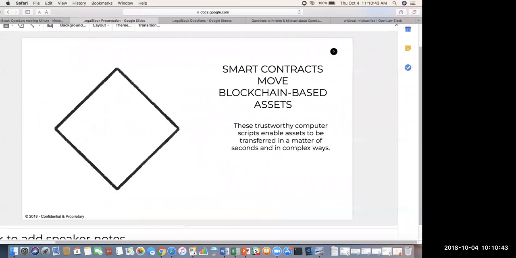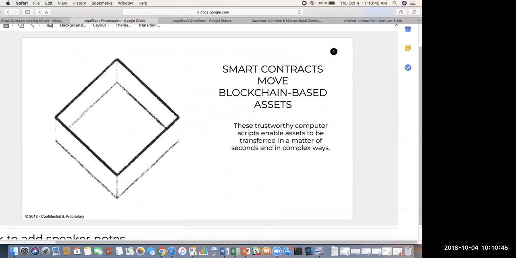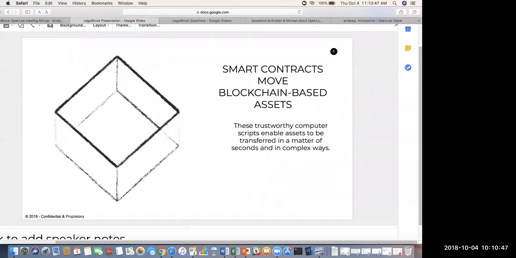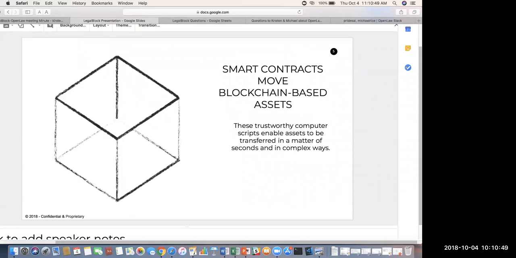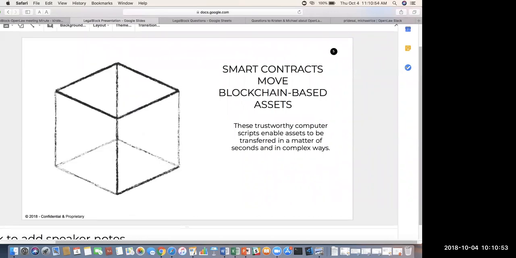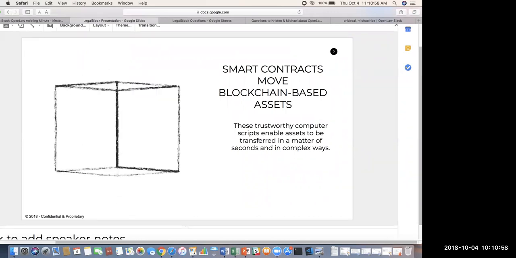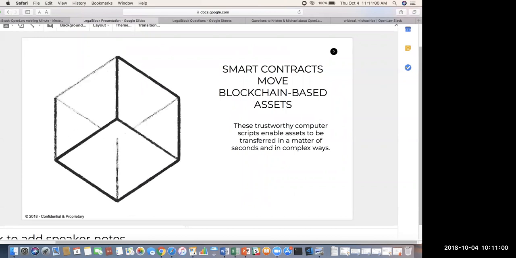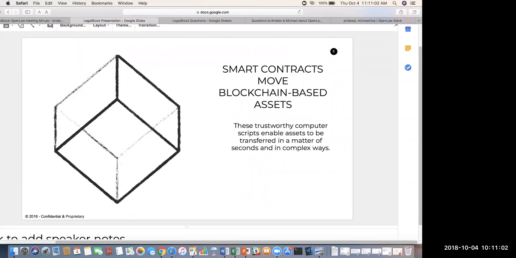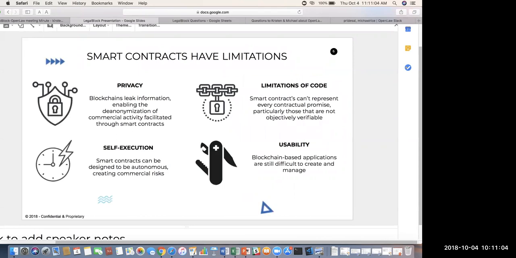So smart contracts can really turn these assets into the equivalent of emails, really offering the potential of entirely new business models to emerge. Using smart contracts, assets are able to be transferred in a more efficient, more cost-effective, and more expeditious manner. So there are some limitations with smart contracts.